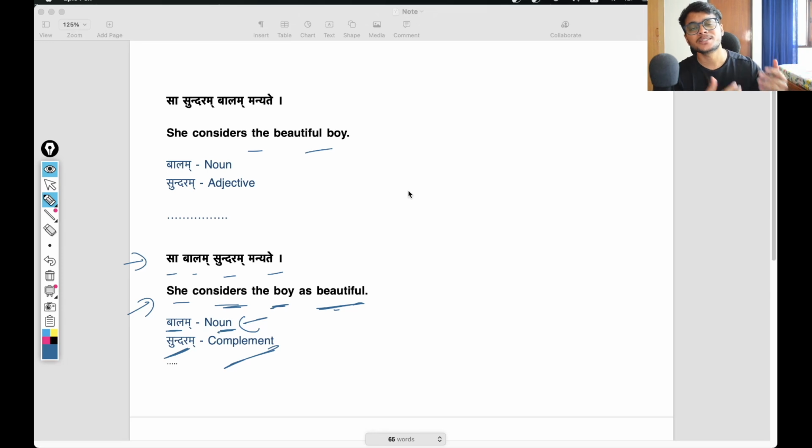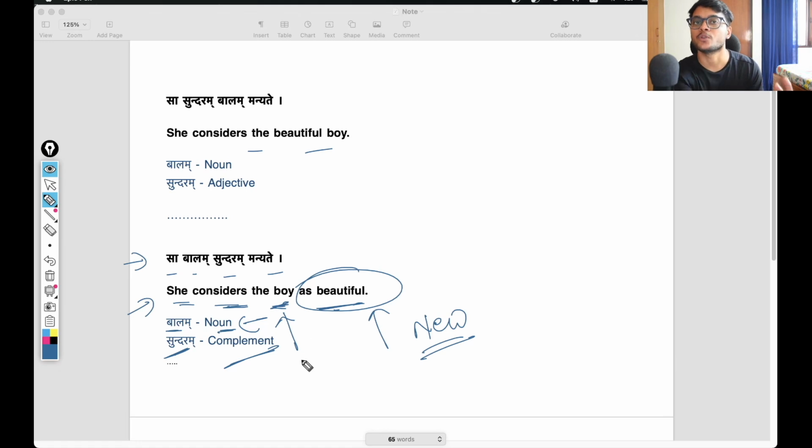So basically, she considers the beautiful boy. But here in the second statement, she considers the boy as beautiful. So this "beautiful" is like new information that was not known before to everyone. In a way, the speaker is telling this new information about the boy, that she considers the boy as beautiful. So I hope you can see the difference here, that when two words in a statement